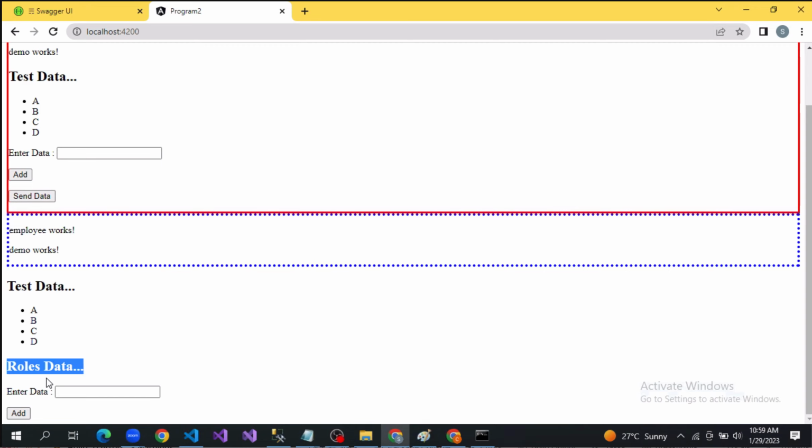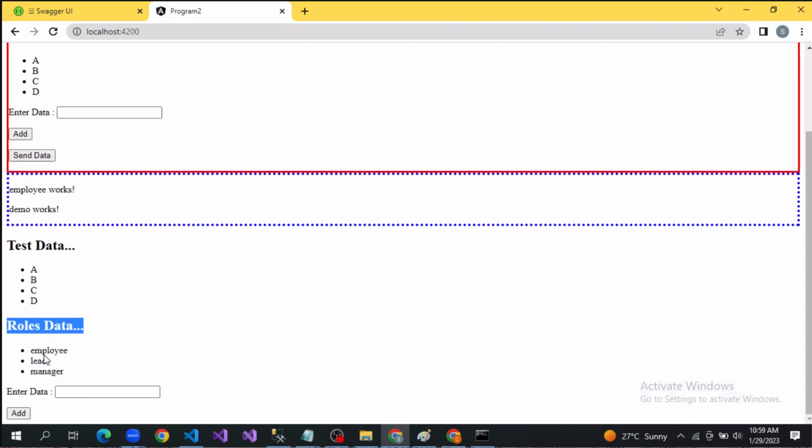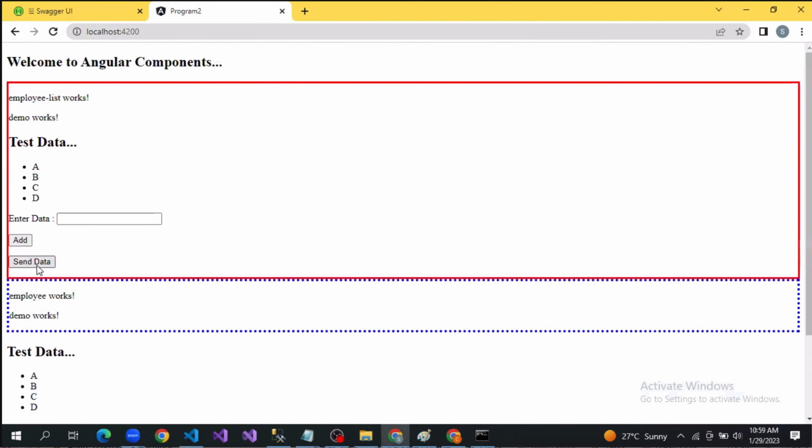Yes or no, guys? Do we have roles here? No. We don't have roles. Now I'll go ahead and click on what? Send data. Can you see? We have the data now. Employee, lead, and which one? Manager. So when I click on this send data inside employee list component,